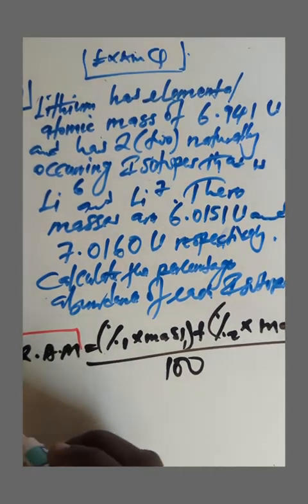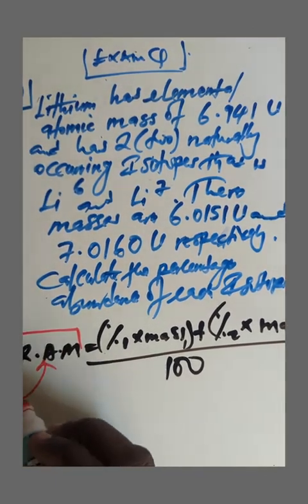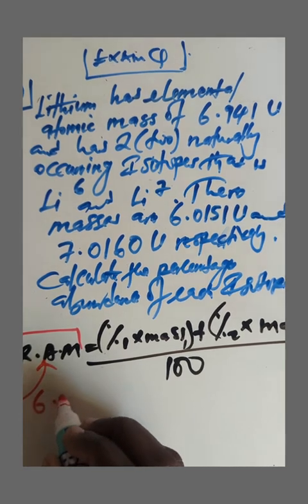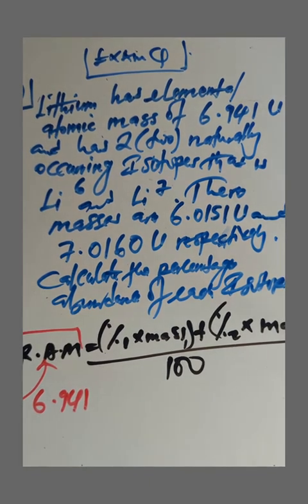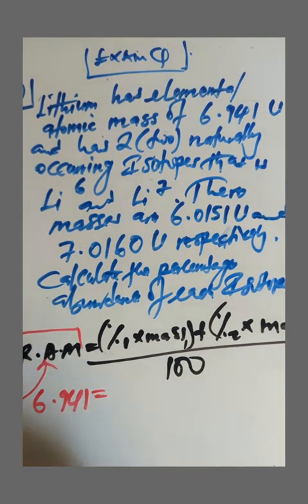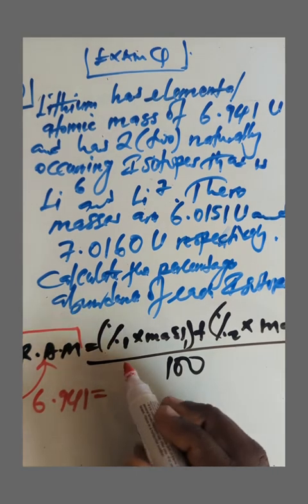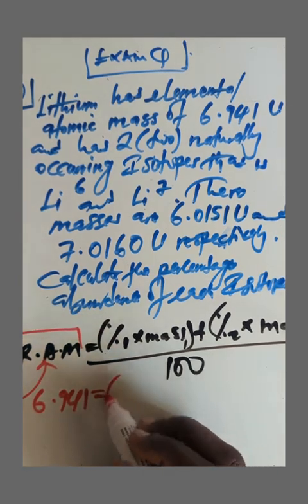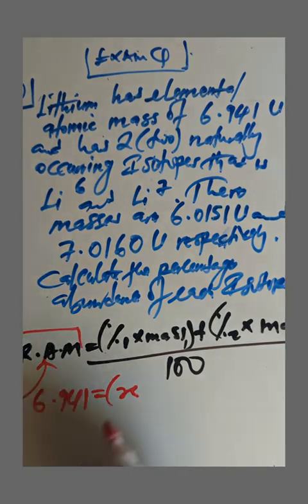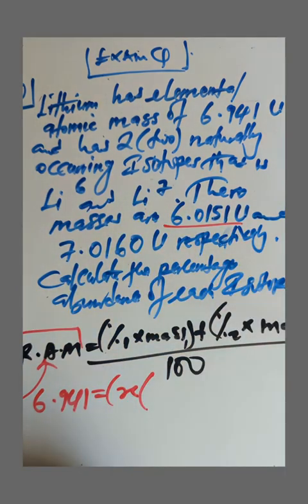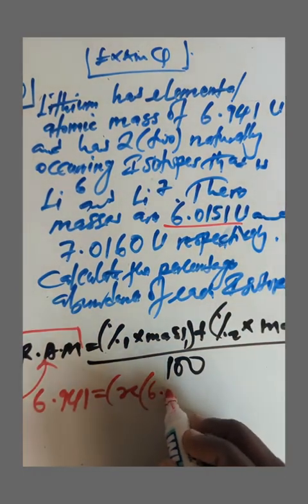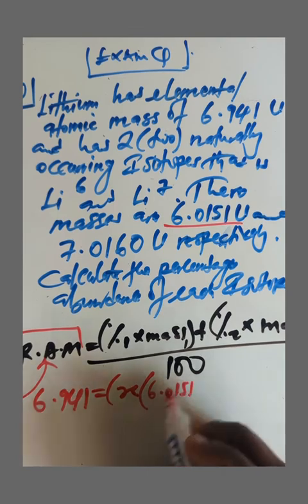So this relative atomic mass has been given to be 6.941. Since we're looking for a percentage abundance, let the percentage abundance 1 be X. Then we multiply X by the mass 1. Our mass 1 is actually 6.0151,